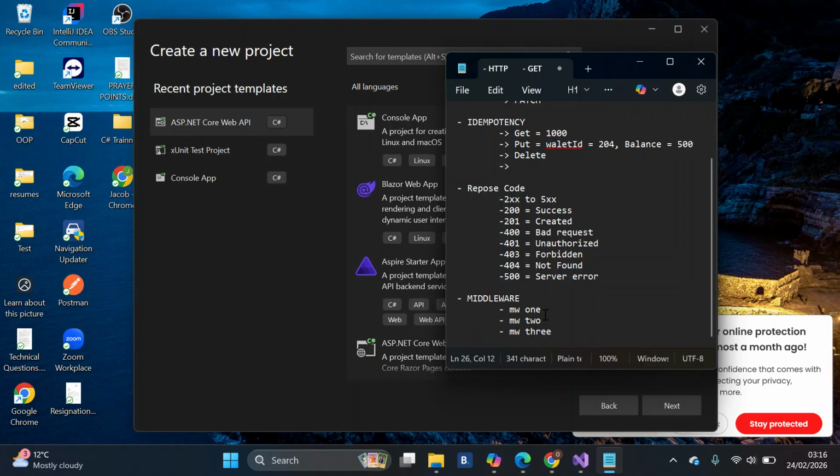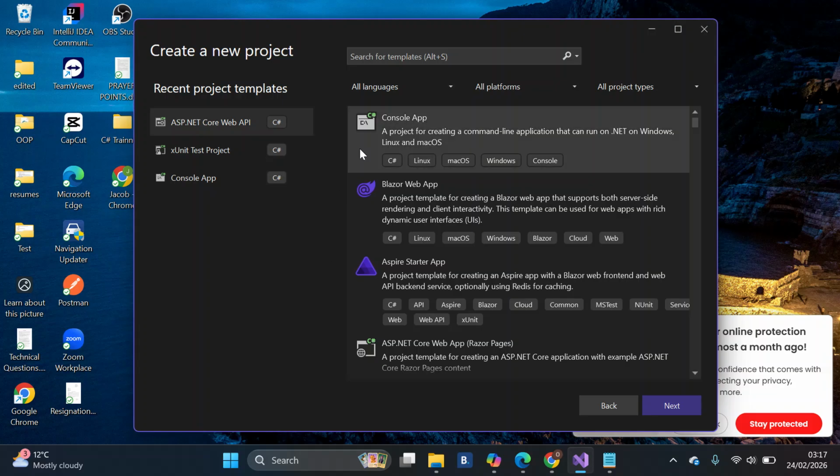If, for instance, authentication comes before authorization, there's going to be an issue. If authorization comes before map controller, there's going to be an issue. So it has to be in an orderly manner for the system to work efficiently. Having said that, there are other things I'm going to be explaining, but first, let's quickly come here and